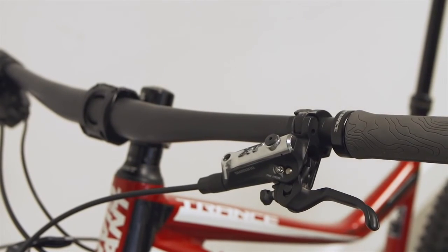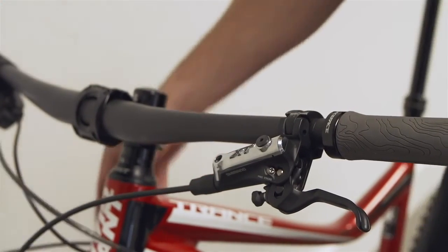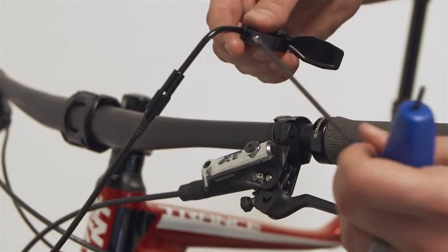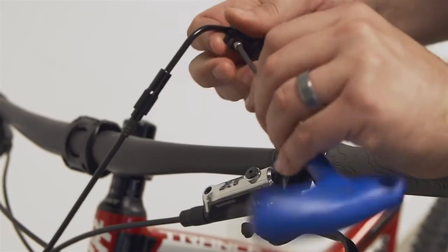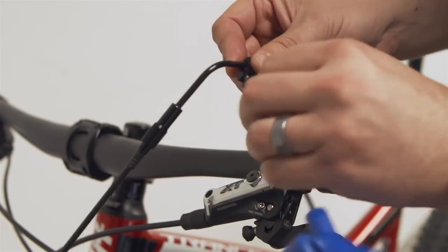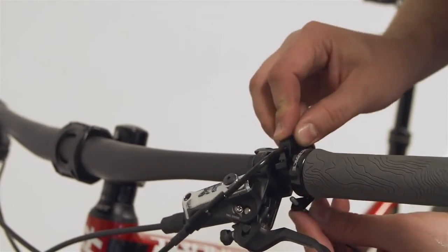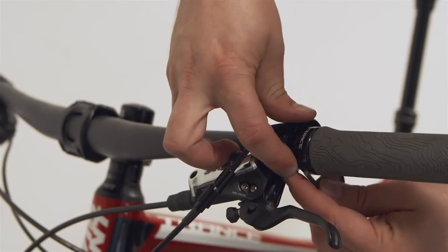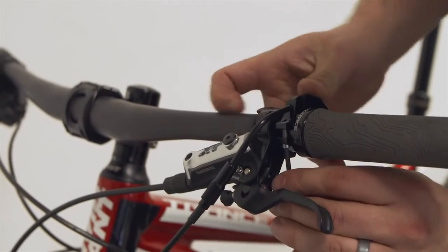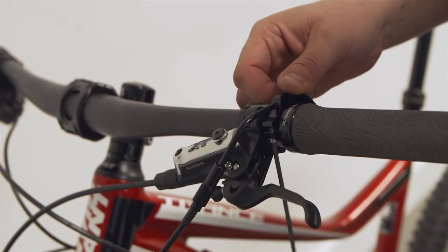Good. Okay, next part is going to be to put the clamp on the handlebar now. So we fed the cable out through our frame and now it should reach our handlebar position quite easily. So you're going to undo the 3mm with a 3mm wrench. You're going to open it up and you're going to put it around your handlebar. Again, most people like it just between the brake and their grip. So you're going to tighten it up,